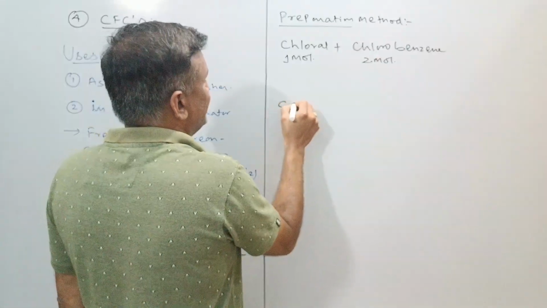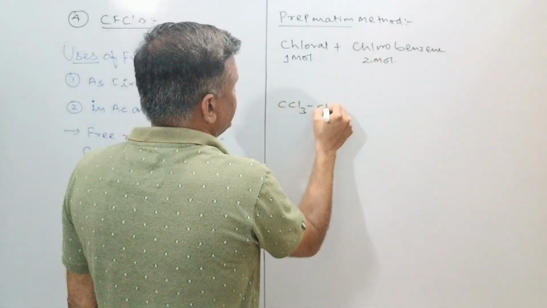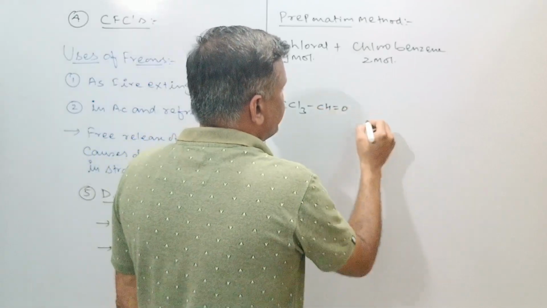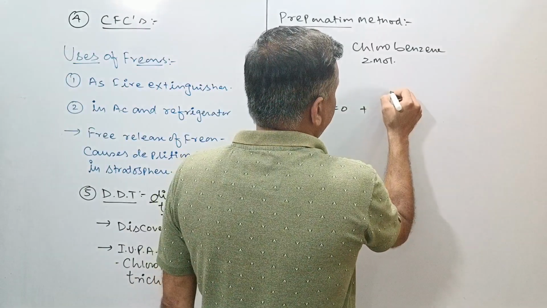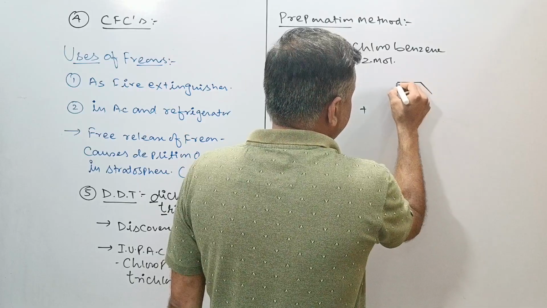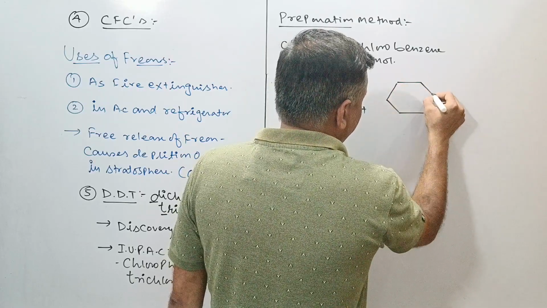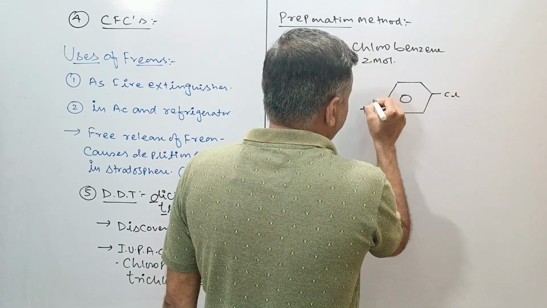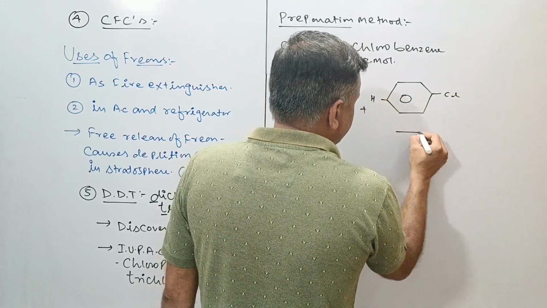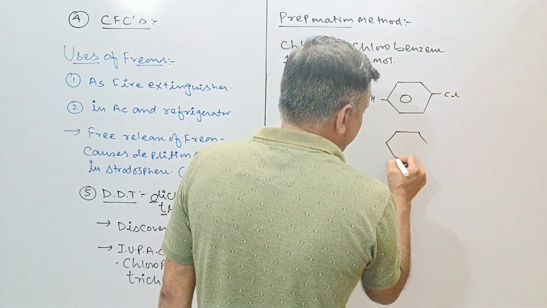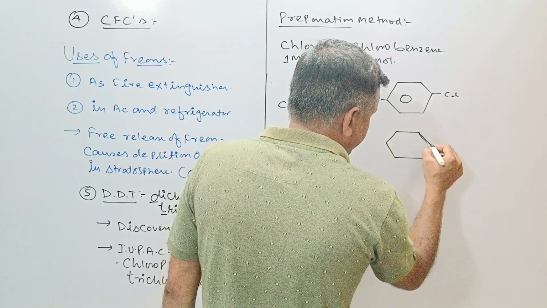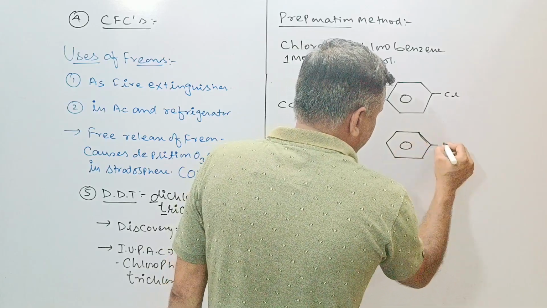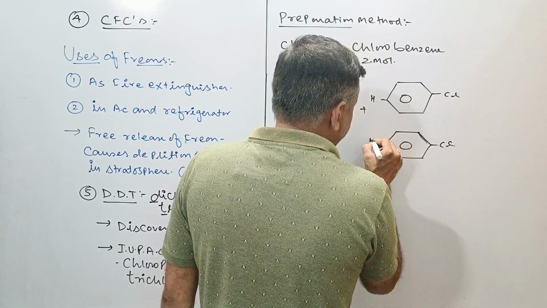So this is the chloral, CCl3 CH double bond O. Here are the two molecules of chlorobenzene. From the para position you will take hydrogen. This is another molecule of chlorobenzene. Here is your H,